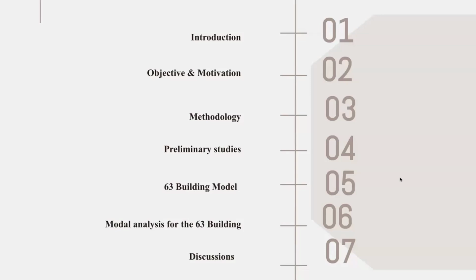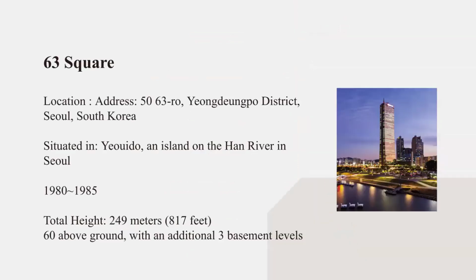The presentation is going to consist of seven sections. Firstly, introduction; second, objective and motivation; thirdly, methodology; fourth, preliminary studies; fifth, the 63 Building model; sixth, model analysis; and seventh, discussions. To begin with, 63 Square is located in Yeouido, on an island on the Han River in